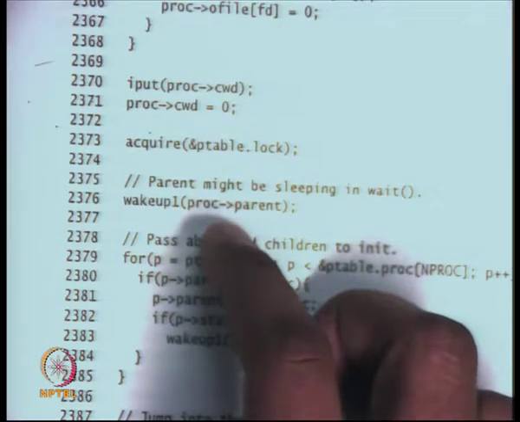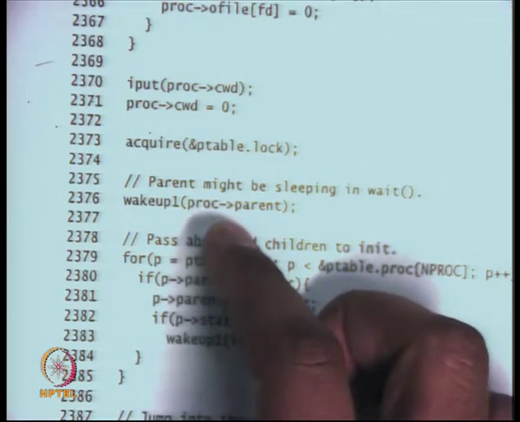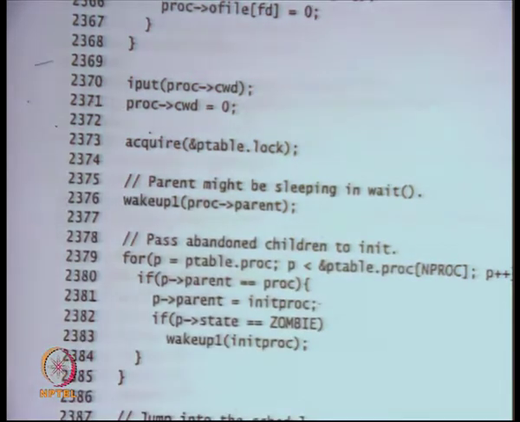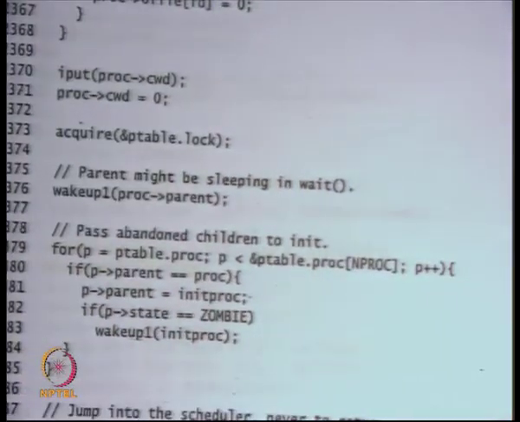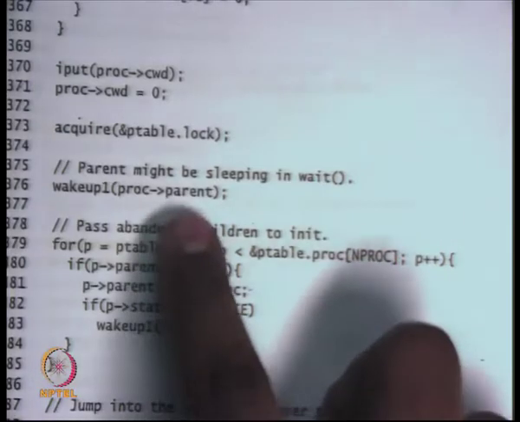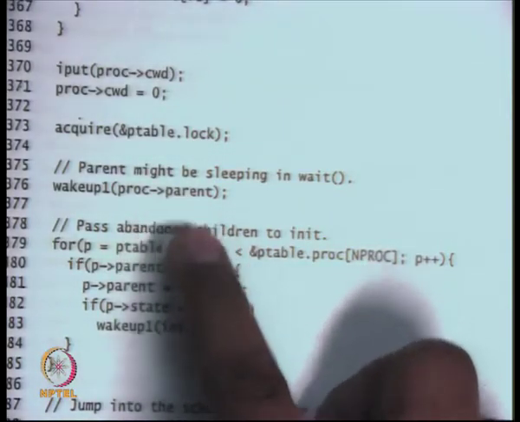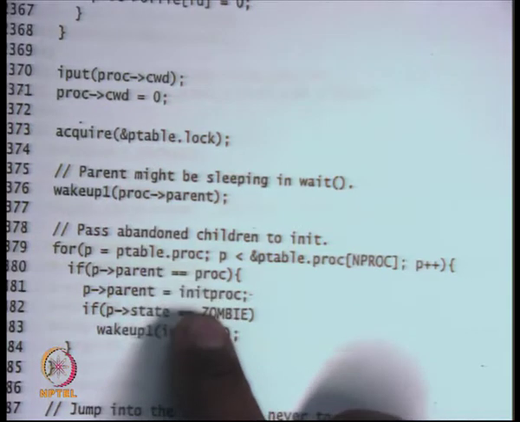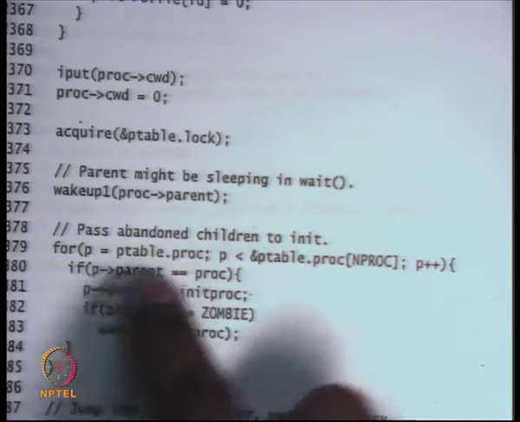Right? So here's another example of why locks kill modularity. I have to worry about which function will acquire the lock and which will not, and what locks I already have. So it's not nice. Okay, so I'll wake up proc.parent and fall through, and if I have any children, I iterate over the proc table.